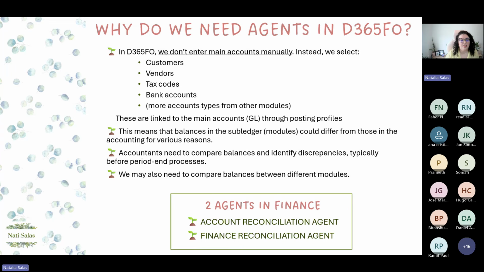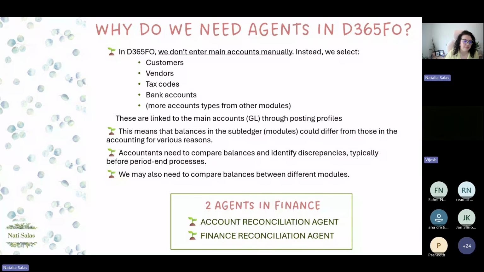And another very important thing: sometimes we need to compare balances, but not only between the modules or the subledgers and accounting, but also between different modules and different information. For example, budget against the reality, the accounting, or the budget of the projects against the budget of the accounting. So whatever the reason, we need to compare